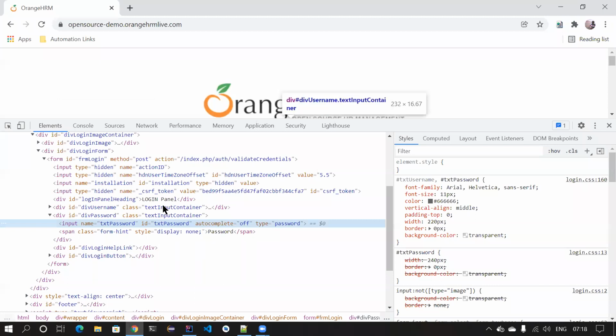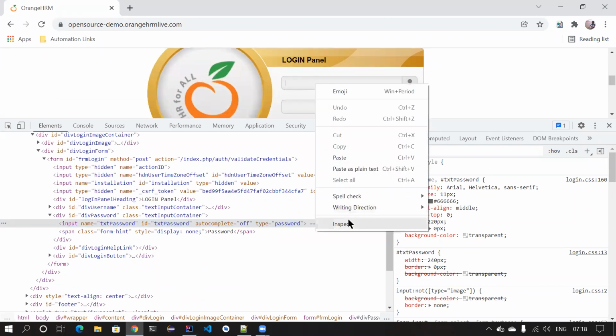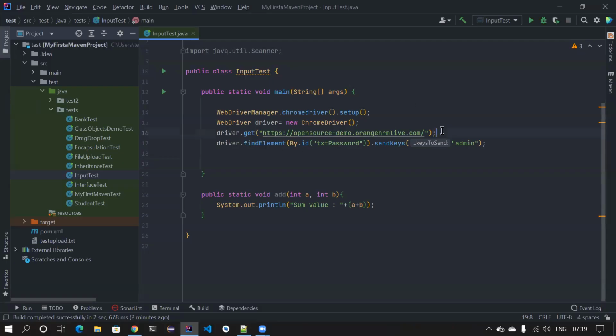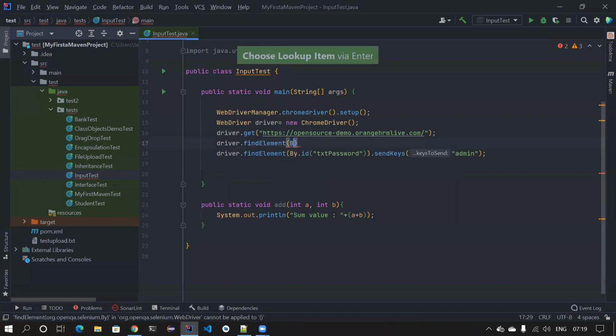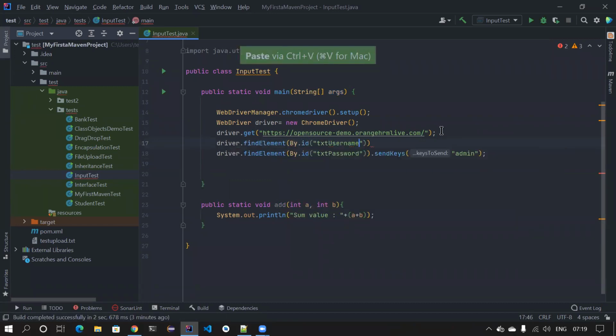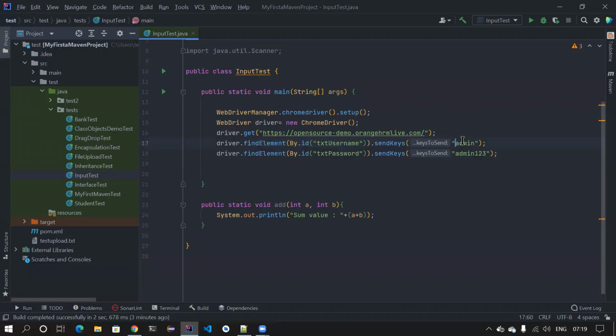So here I can go and fetch this text username, send keys, and this is admin 123. I think this is admin, right? Capital A,